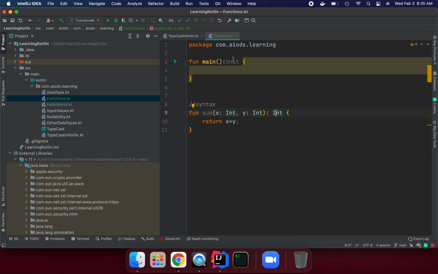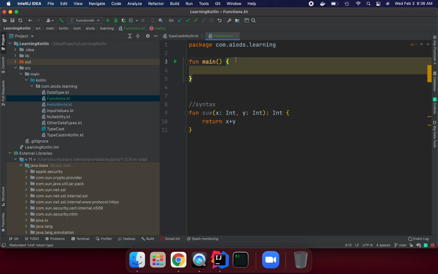The way we can see it, it is hidden here in the main method itself. Because I'm not using one, unit is not returning anything at all, so I don't need redundant code, we don't need to specify it. And we are saying it is going to return x plus y, right? I don't need to put a semicolon, like in Java. I already do it sometimes. So this is the method declaration, colon Int.